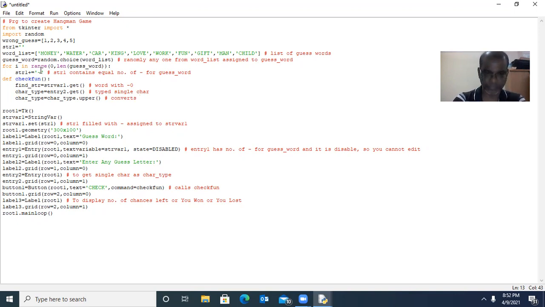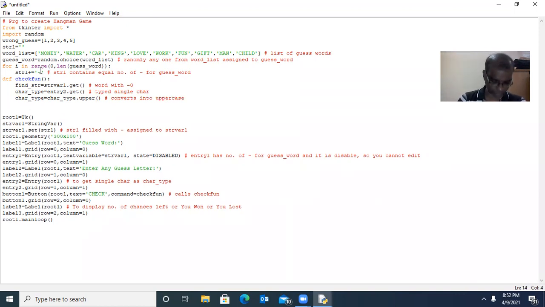After that, we have to find out the position of the char type in guess word. Then only we can change the character. We can change the hyphen available in find str with char type.